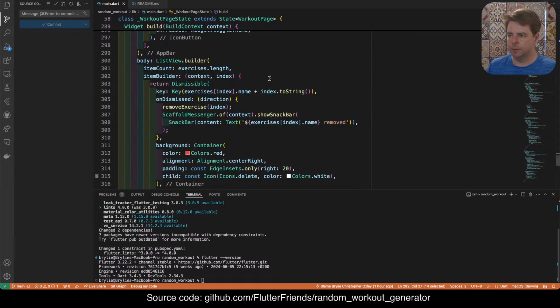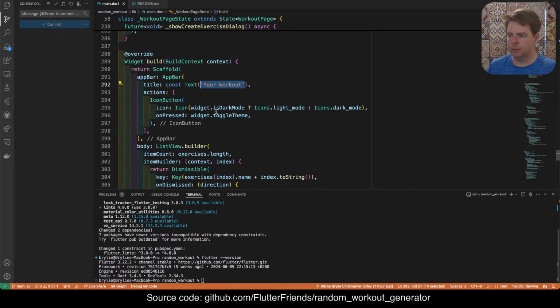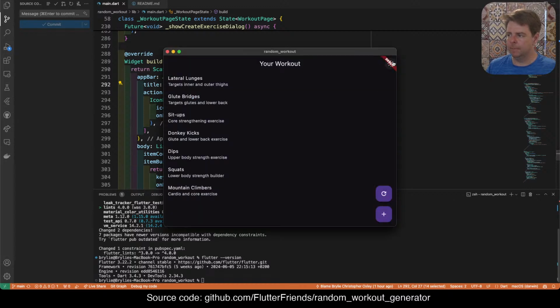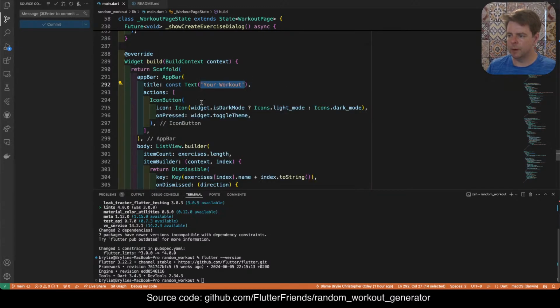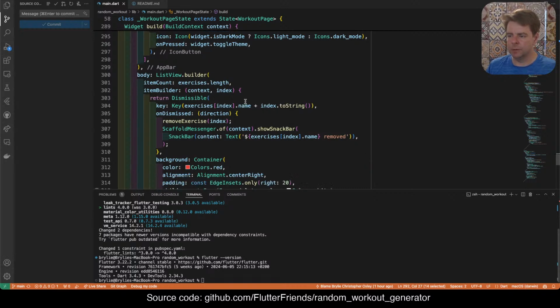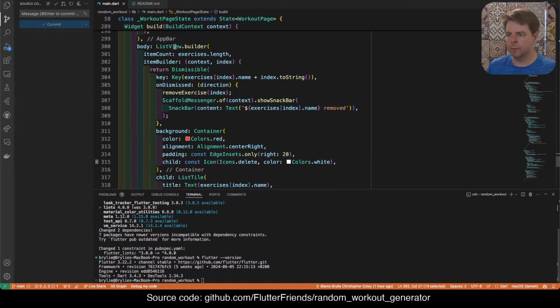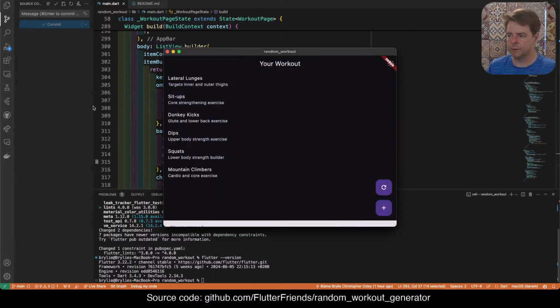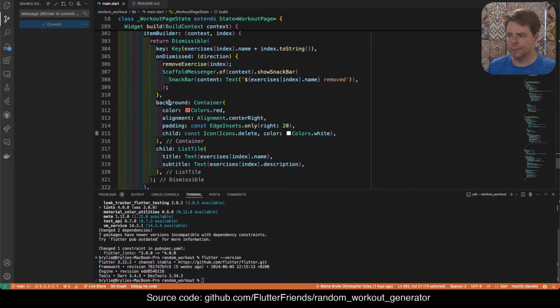And so it's hidden behind the debug mode, but it's going to show you this icon up here, and to toggle the light or dark mode, and then it's going to build dismissible items for each of the exercises. That allows you to remove it,